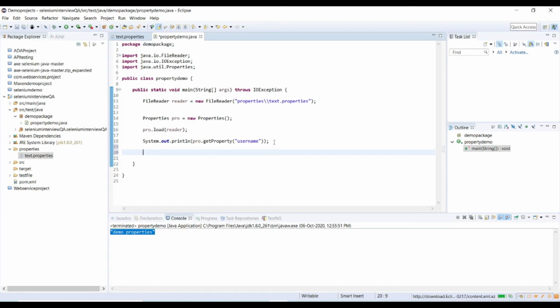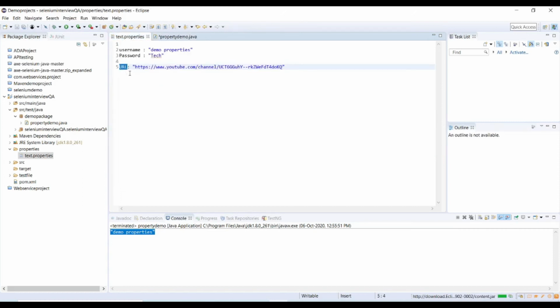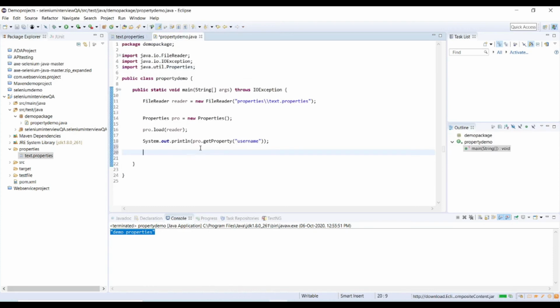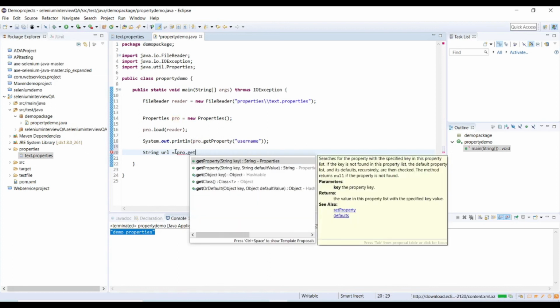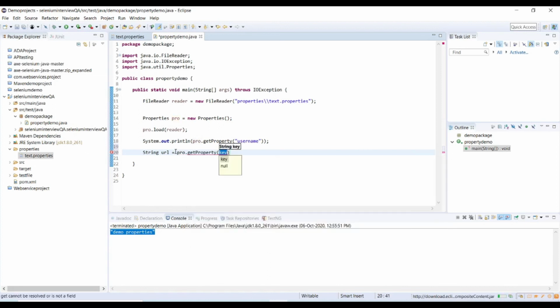Now we'll try a different property, which is the URL. Just copy the key. If you want to store this in a string, I can declare String url and use pro.getProperty with the URL key.